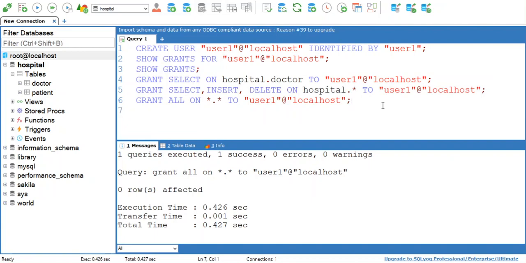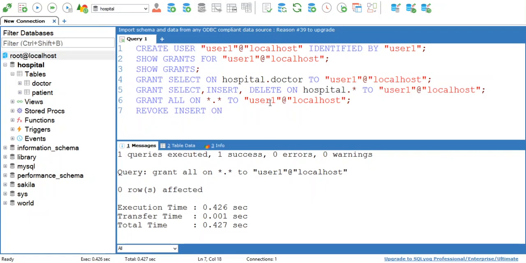Now let's revoke operations. So the command to take back permissions is revoke. Suppose insert. Revoke insert on. See, now your user1 is having all permission on all databases.